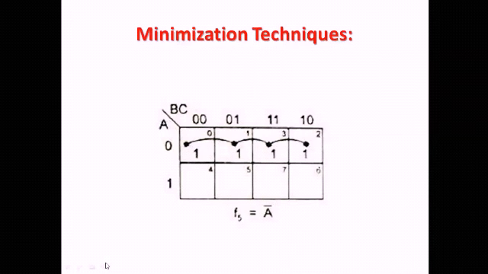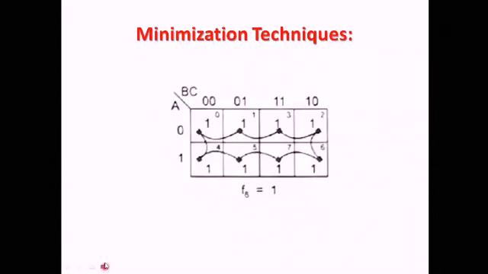Now we are moving to the next slide. This one is a special case. It is similar to the two variable K-map, where all the minterms are present. When all the minterms are present, we can take the whole as one pair, and F6 will be equal to 1. Because here, along with the 8 squares, no variable is constant. So the value will be equal to 1. Hope this one is clear to all of you.